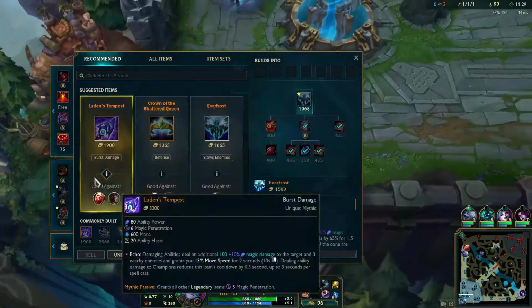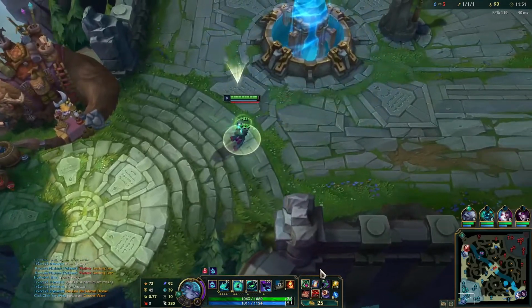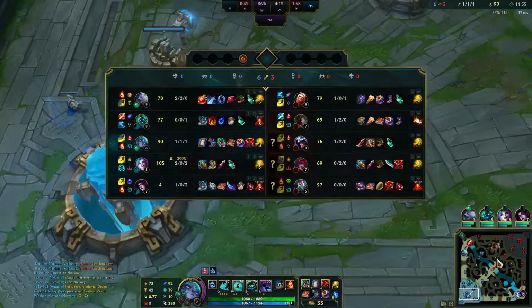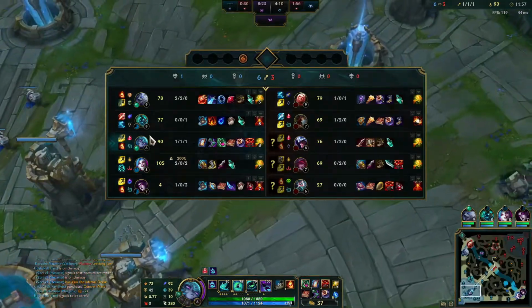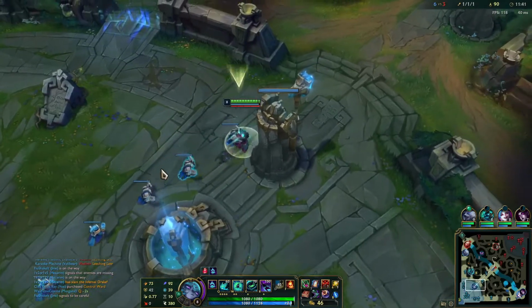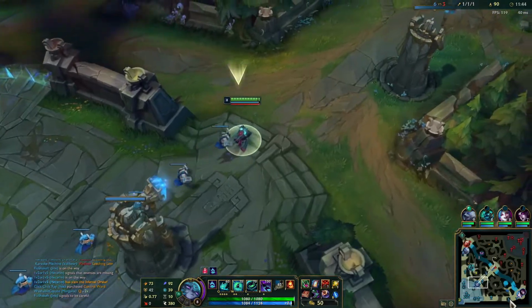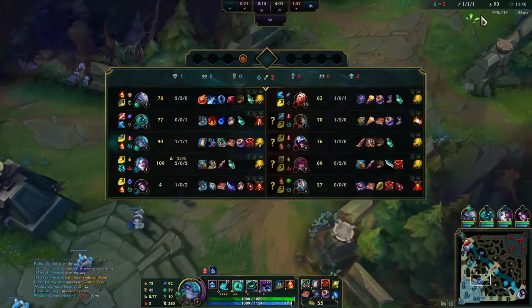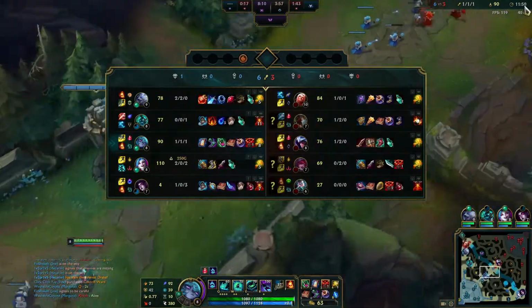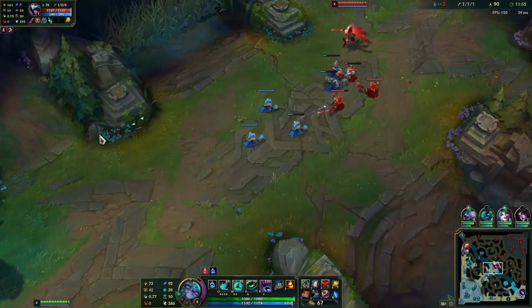Everfrost is a really consistent purchase because it is super cheap. It gives you survivability. This game in particular, Luden's would also be acceptable, but I don't think that damage is really a concern here with this team composition, so I'm just going to go for the more consistent option. Luden's is better min-max, but I don't really care about min-maxing here. And they should realistically die if they're not building full tank optimization, so...